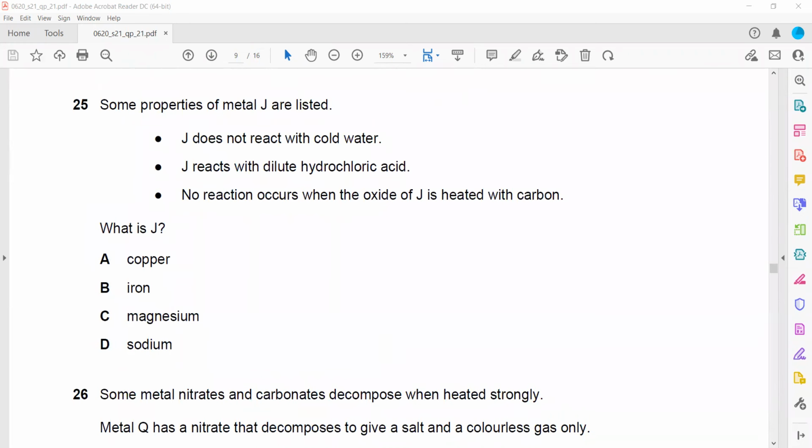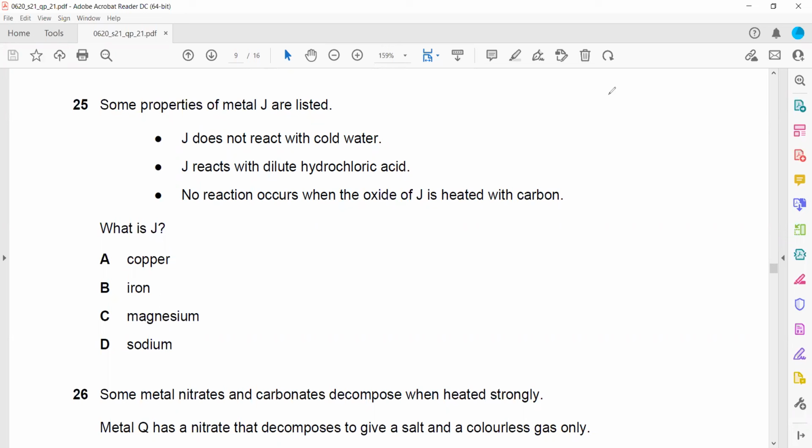Question 25. Some properties of metal J are listed. J does not react with cold water. J can react with hydrochloric acid, and no reaction occurs when the oxide of J is heated with carbon. So